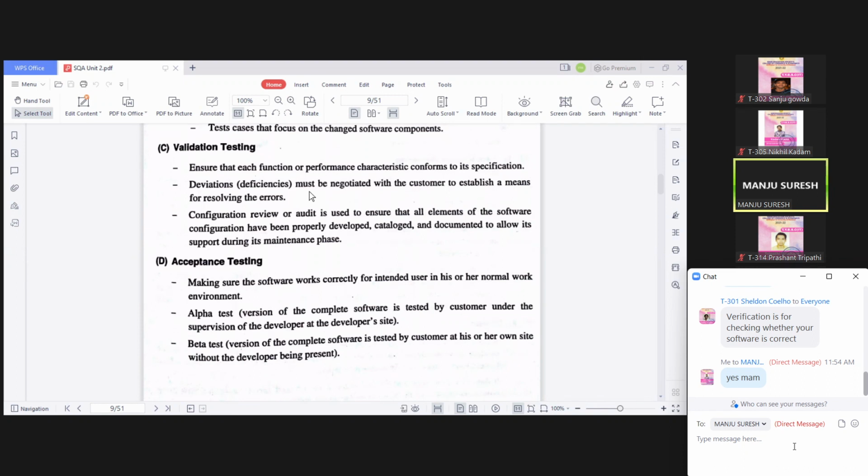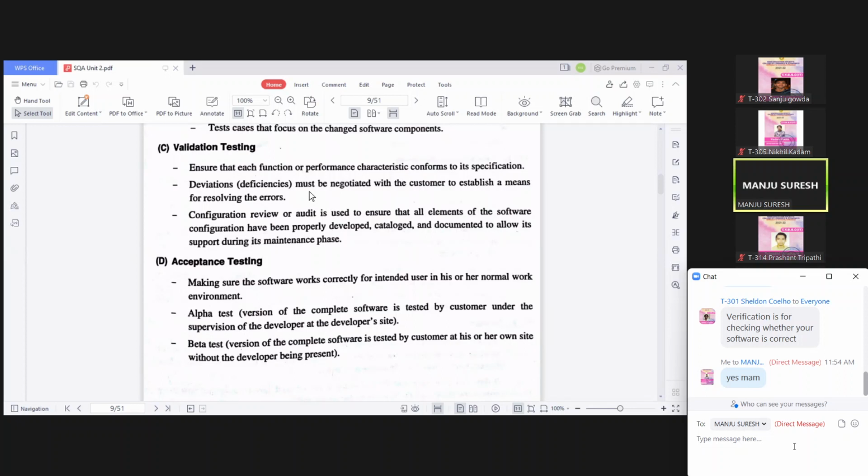Okay, so yesterday the testing which we were doing was in the testing process, but here we are doing alpha and beta testing, which happens after the development or after the launching of the product. Alpha testing is done under the supervision of the developers at the developer site, whereas beta testing is done by the customer, in the presence or without the presence of the developer. Understand the difference.